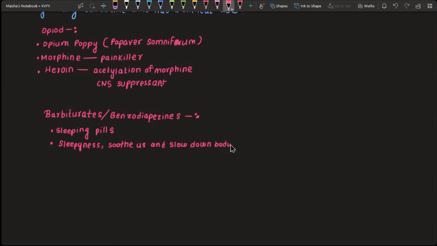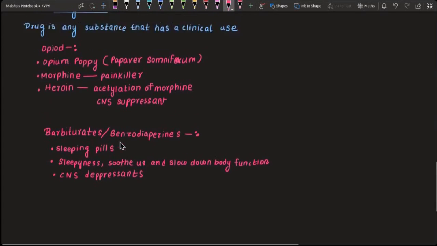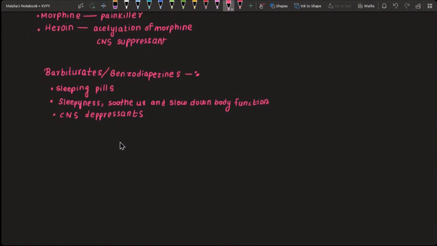They basically soothe us and slow down the body functions, ultimately producing sleep. So these are termed to be CNS, that is central nervous system, depressants, because they are causing us sleep. These are another kind of drug. And then we have